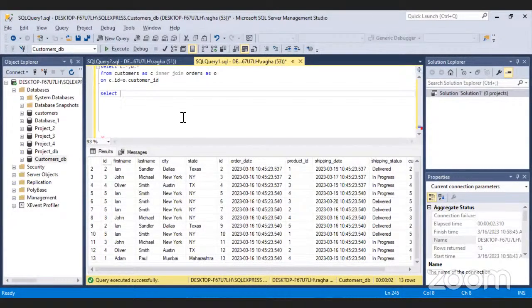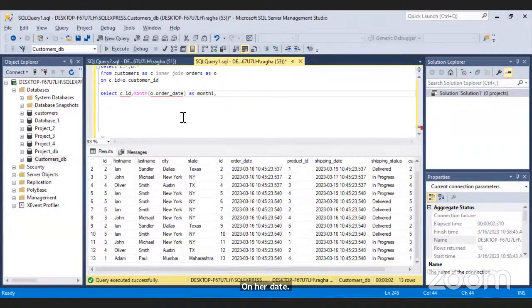So I'm selecting the customer's ID from the customer's table, and then I want the month of the order when it was made. So I would be selecting order date as month.